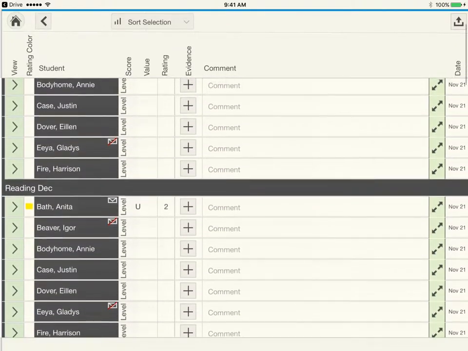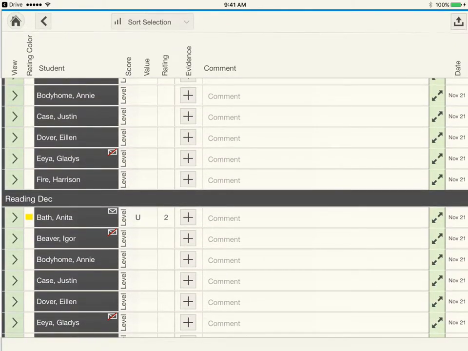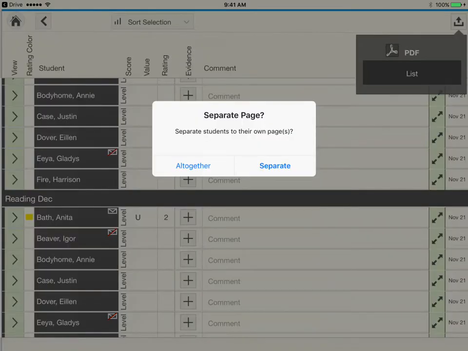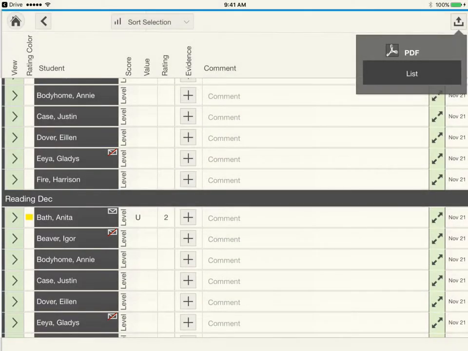Now I can print this by going to the button at the top corner here, and you see it makes a PDF of the list. And so print separate students to their own pages. So I'm going to show you what separate and altogether means. If I do separate,